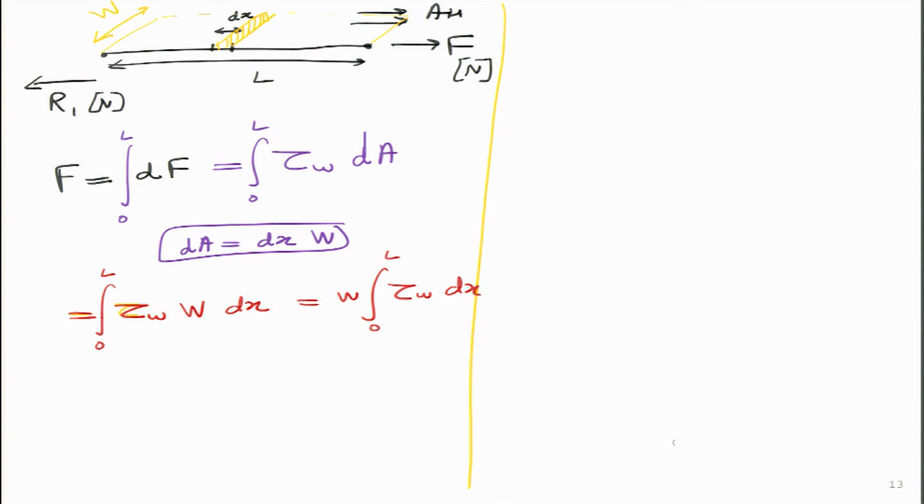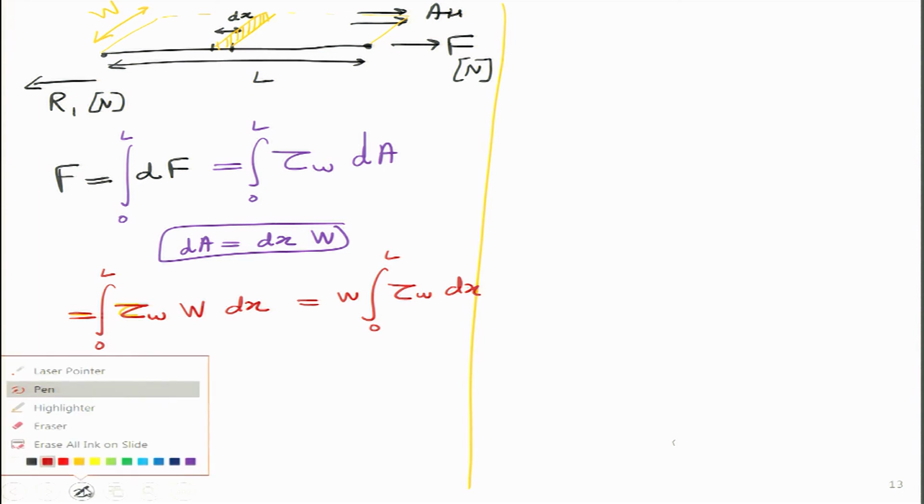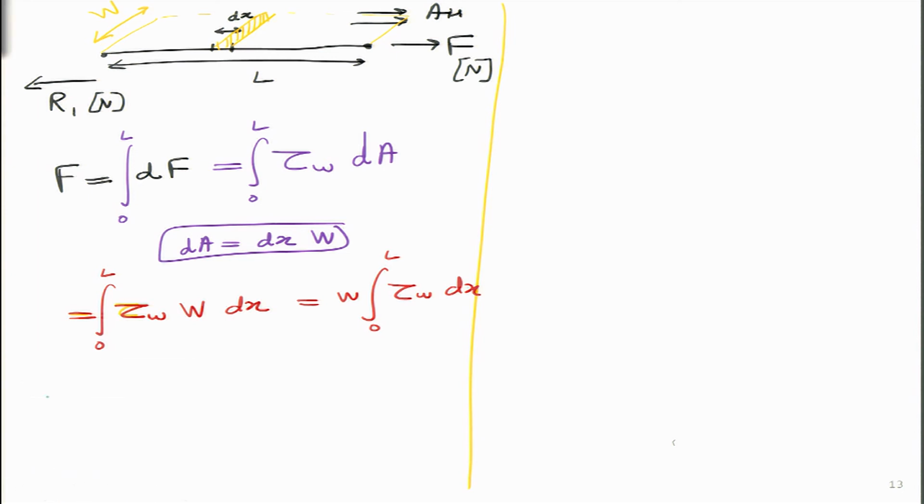Now I am interested in figuring out the value of tau w, and this is again something which is obtained from the Blasius solution. So the result for that I will write over here. According to Blasius, this wall shear stress, by the way, whose definition says it is equal to del u by del y at y equals 0. So what we are talking about is, if I know the velocity profile over here, if this is my boundary layer, we remember this is the velocity profile which becomes straight at this point and this point.